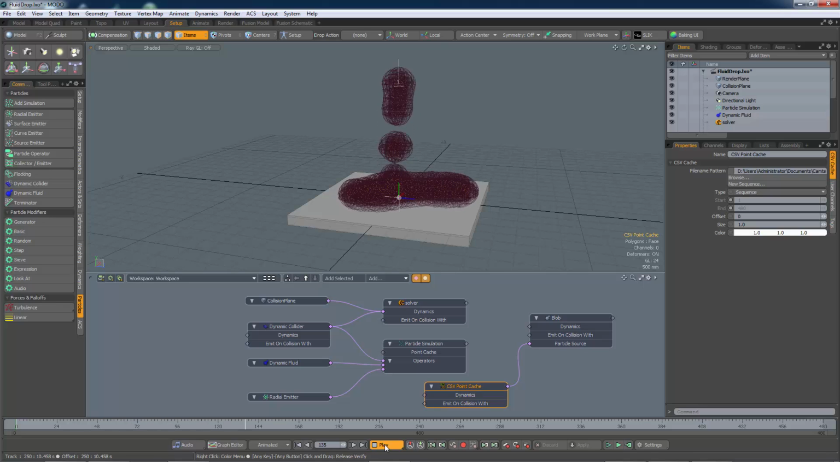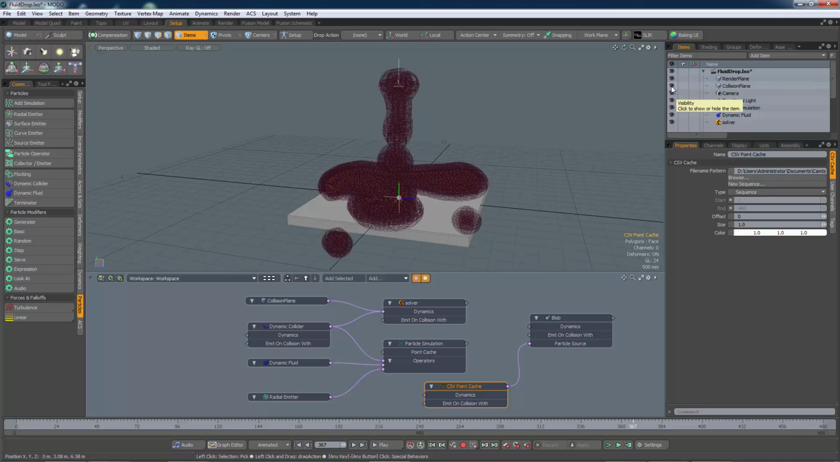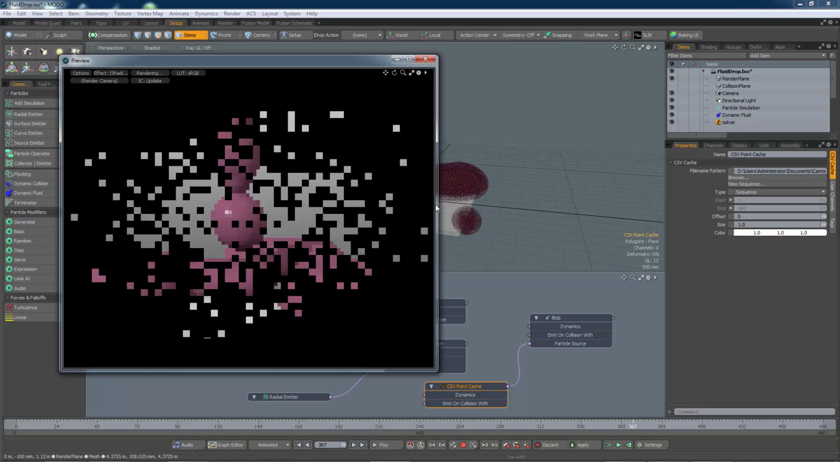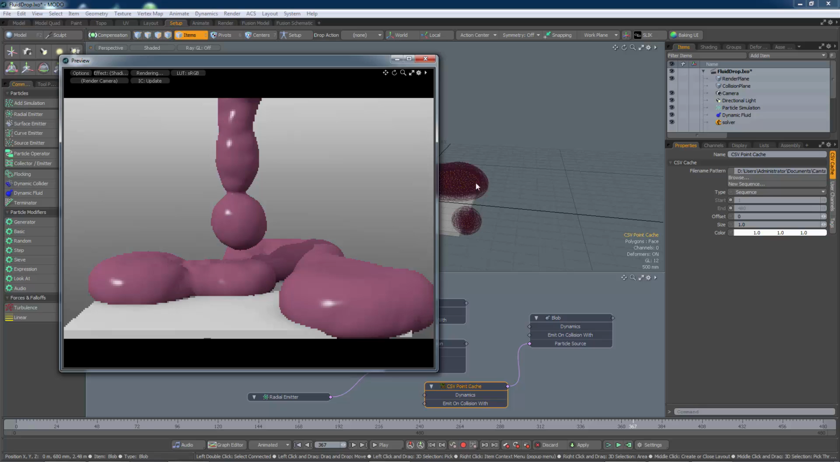One thing that I've done in this simulation is I've done collisions with what I've called the collision plane, which is actually bigger than the plane that I'm going to use for rendering. So if I get rid of the collision plane and leave in place the render plane, I'll show you why I've done that. If we turn on the collision plane,